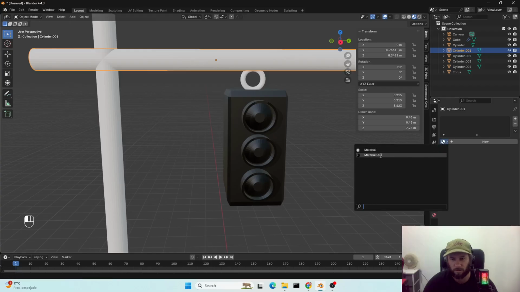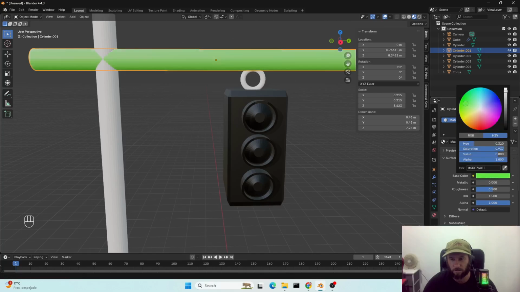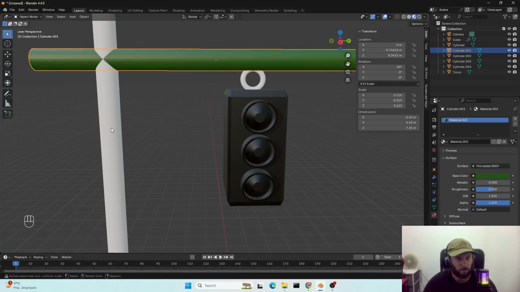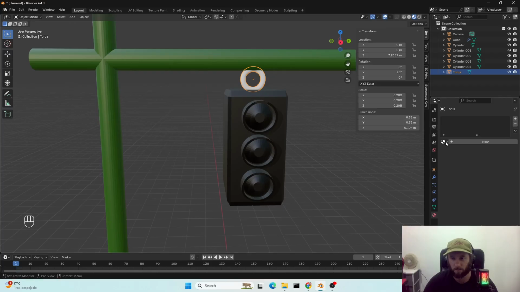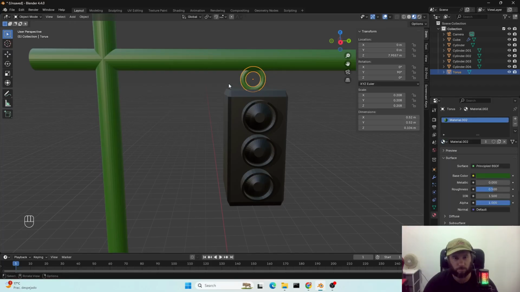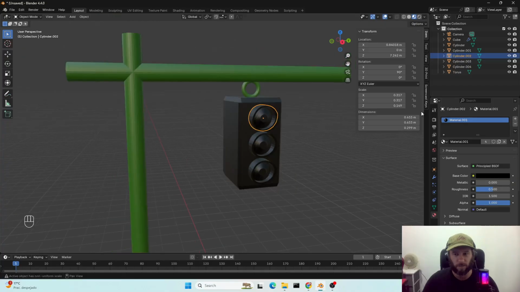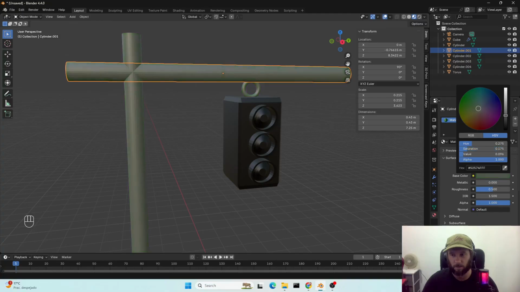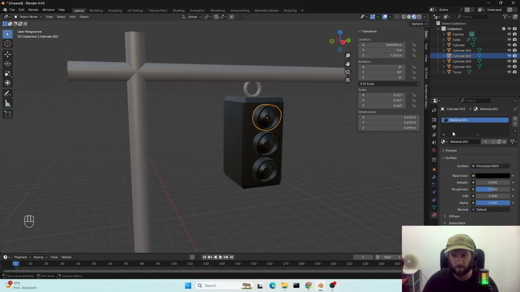This is green. Okay. We'll make that green too. Actually, we'll do this gray. There we go. Okay, now these